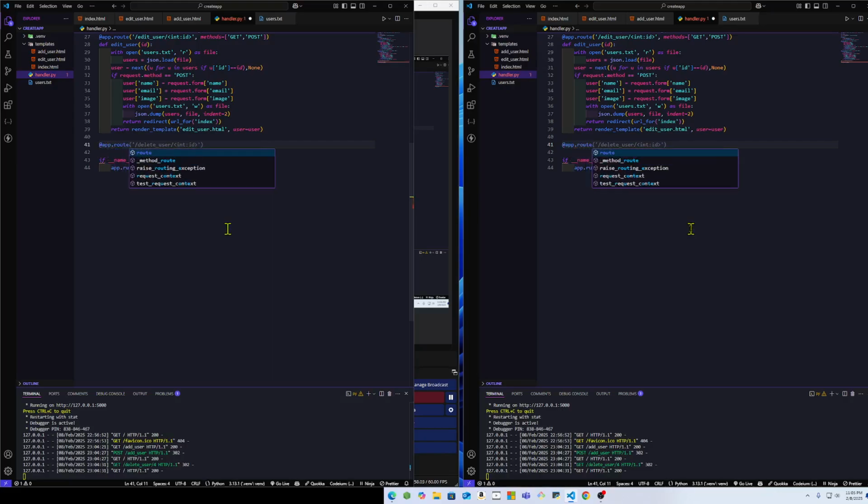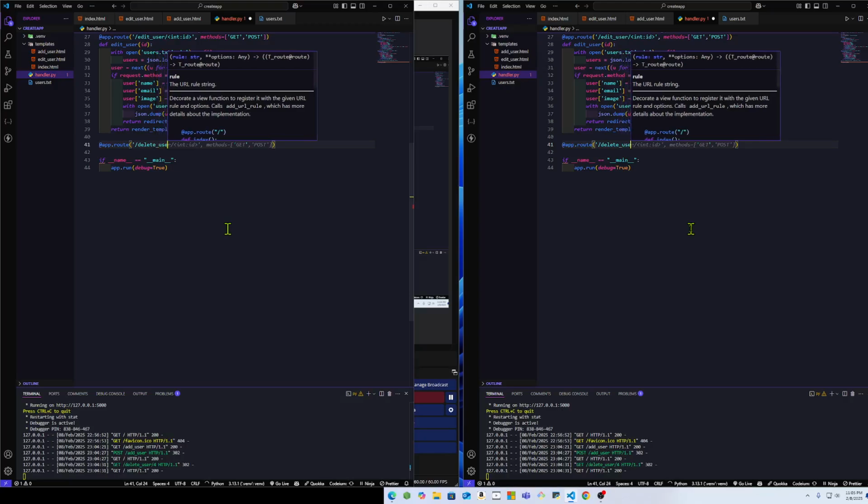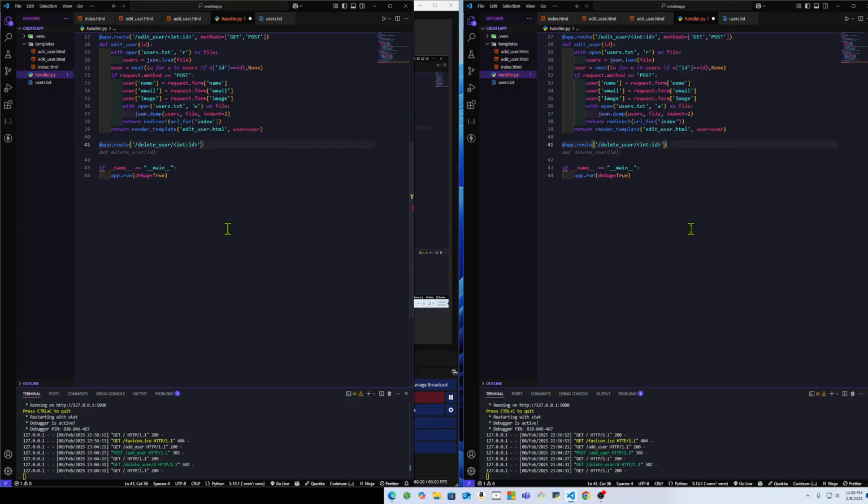@app.route("/delete_user/<int:id>") and close the bracket. Define function def delete_user